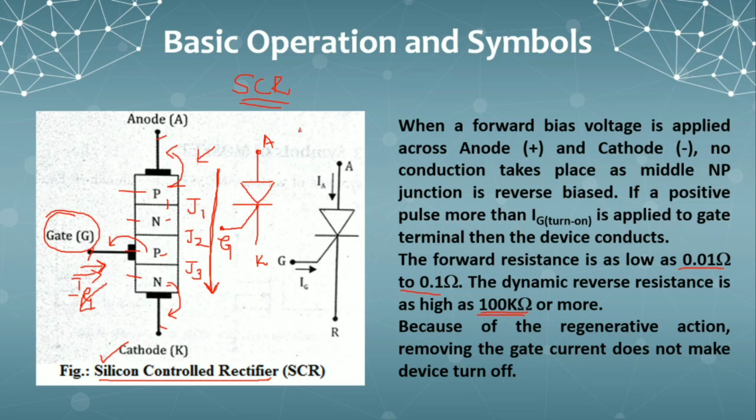So till now we have studied BJTs and FETs, right? You have studied BJT and FET. These BJT and FET will handle a voltage maximum of 12 volts or 15 volts. So what about the voltage levels or the current levels that are beyond its limit? Beyond its limit, we have to make use of certain devices that are capable of handling the voltage and the power ratings. So one such device is SCR.